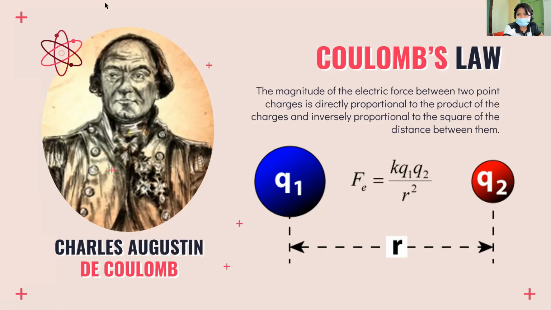And kung maaalala nyo, may sinabi kasi kanina, yung Coulomb's law, para lang din daw siyang sa gravitational. Di ba may nabanggit kanina doon sa video? Kasi nga, kung i-imagine mo na itong Q1 ay yung sun, tapos yung Q2 yung earth. So, di ba, radius naman kasi yung pagitan nila. Lalo na if we are talking about the solar system. Tapos, same lang din yung formula niya. Tandaan nyo na itong Q1, Q2, katulad ng gravitational force formula. Okay? So, going back,